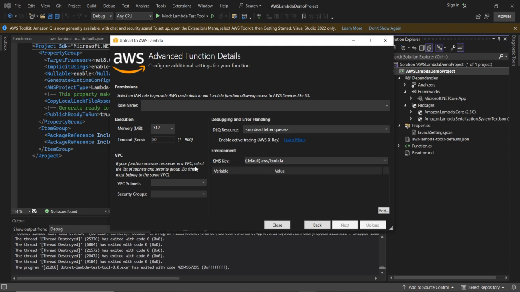If your function accesses resources in a VPC, select the list of subnets and security group IDs. These must belong to the same VPC. I don't need to do that here as of now. If we are developing a Lambda function that is accessing other resources in AWS within a VPC or any subnet, and that is already secured there, then we need to, because Lambda functions run in the global network of AWS. And if you are connecting your Lambda function to a database that is in the private network of AWS,